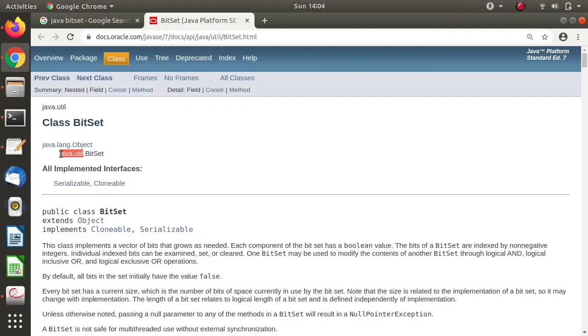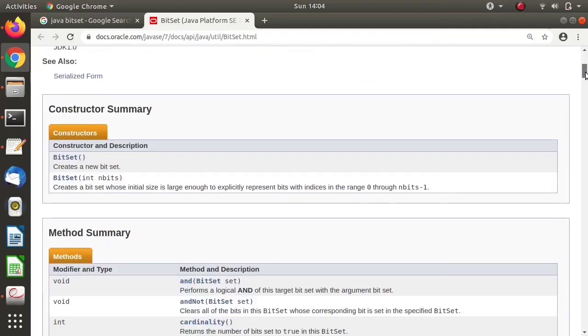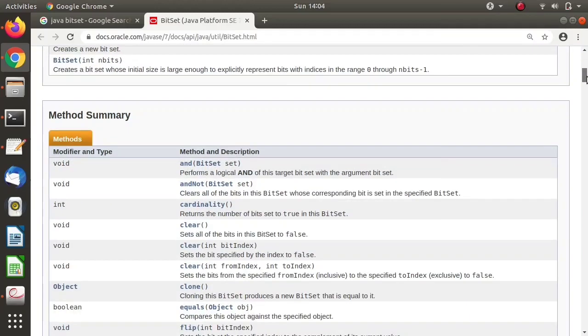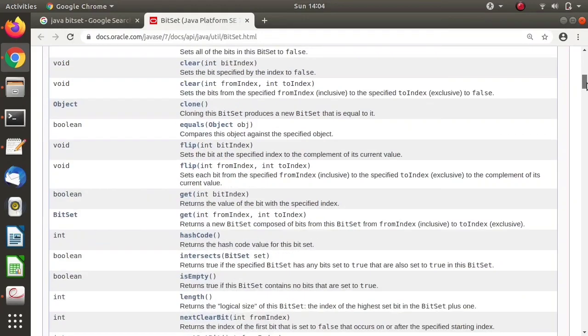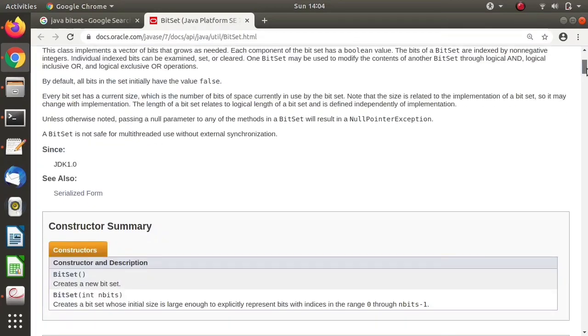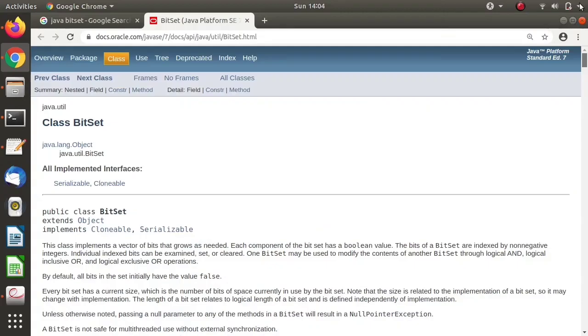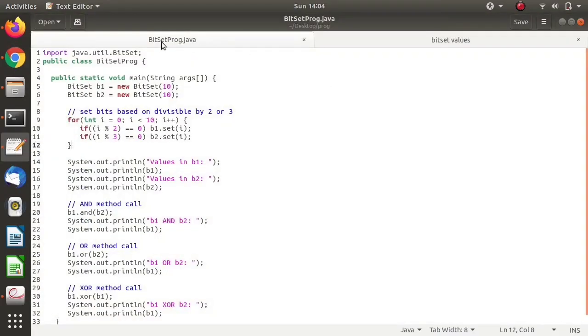Here you will find what operations we can perform on this data structure and what the constructors are. Better we see examples so you can understand properly.